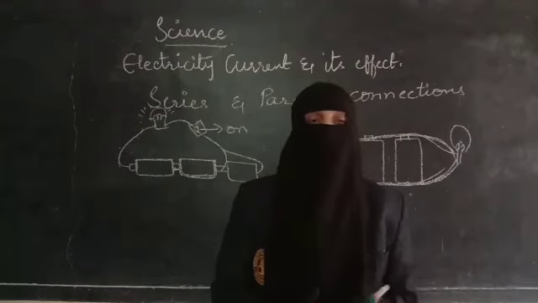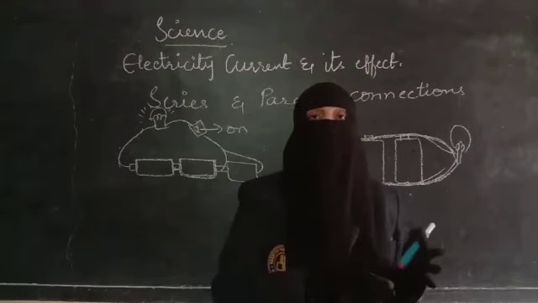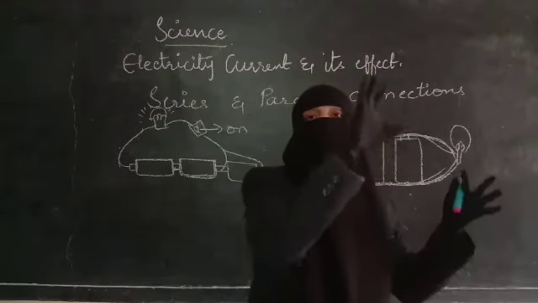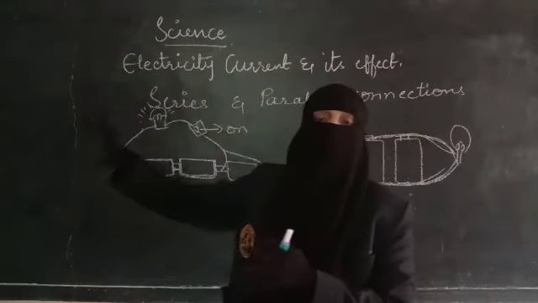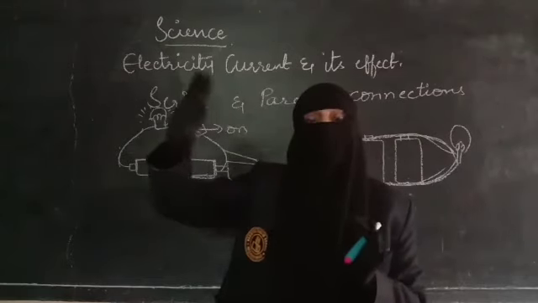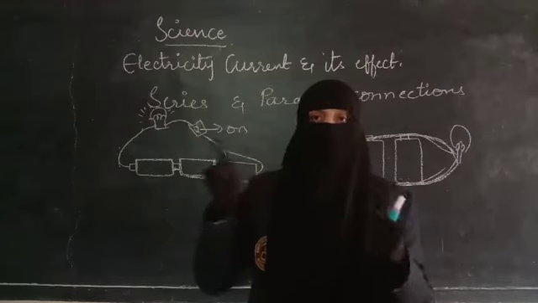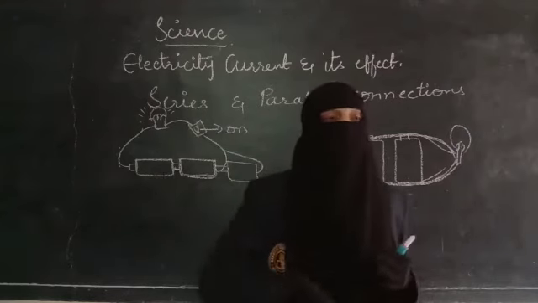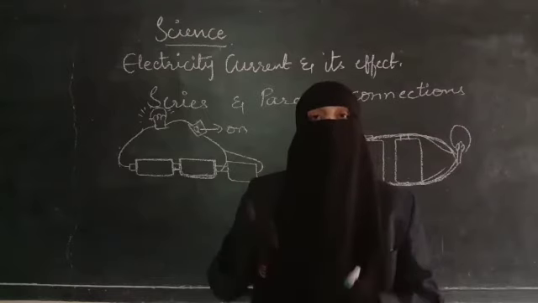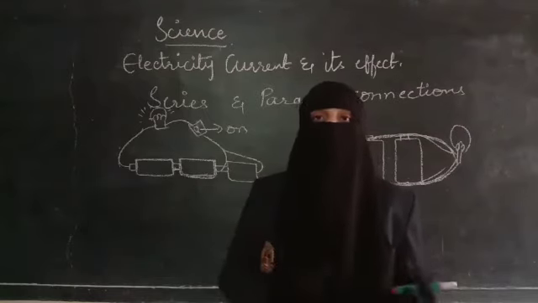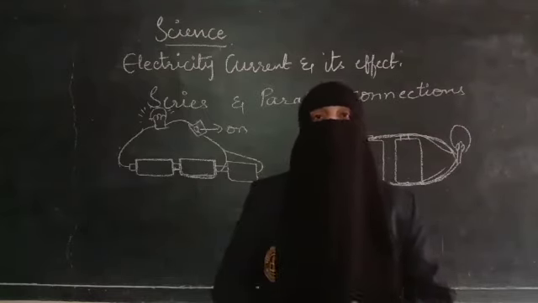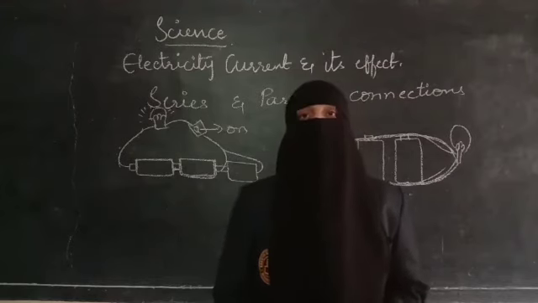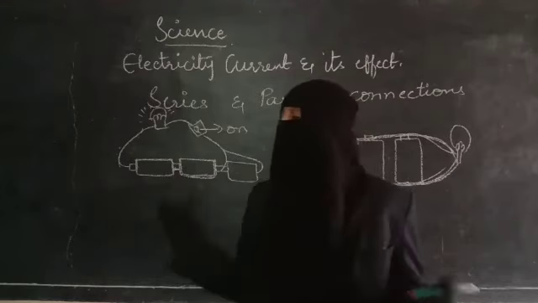See, from where do we get that electricity? That is from the substation. From there one wire brings the current, only one connection up to our meter. The meter is present. From there again different connections are made to our houses. One is for the dining room, one is for the living room, one is for the kitchen, one is for the bedroom, etc. So we can find both series and parallel connection in our home. So these are the two types of connections.